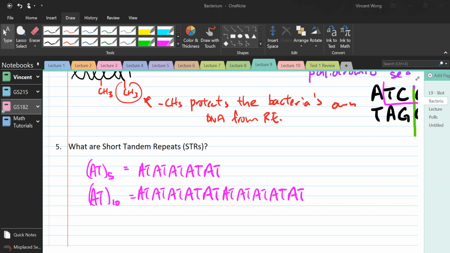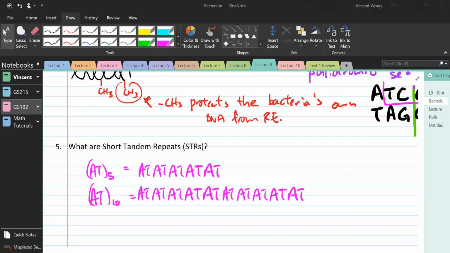The thing about tandem repeats is, if it's a lot of repeats, it's easy for the polymerase to make a mistake when you copy it. There are 10 tandem repeats here, but when it copies it, it might by mistake add an extra one, so it becomes AT11, or it might miss one and become AT9 or something. So from one generation to the next, the tandem repeats can actually change. But people who are related tend to have tandem repeats